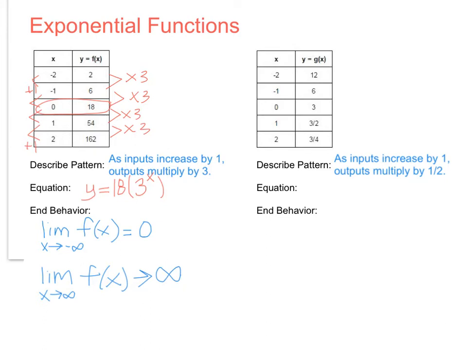So our next example over here at g of x is going to work really similarly. When we look at this pattern, we see that the y values are decreasing. We want to still think of them in terms of multiplication, because that's what an exponential function does. And so when we look from here to here, again, our x values are increasing by 1, but now our y values are being multiplied by 1/2. You may have looked at it at first and said divide by 2, but we know that multiplying by 1/2